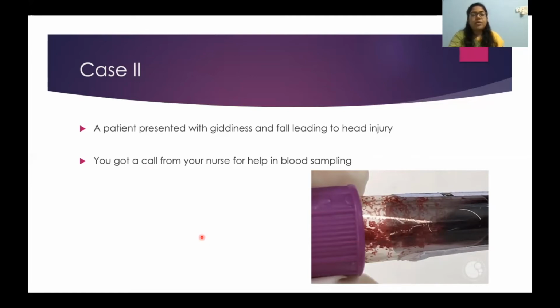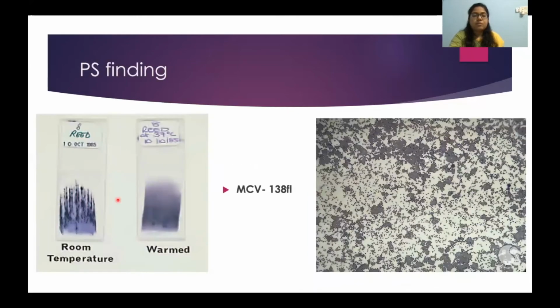Other than that, if you do a routine collection, whenever we do a peripheral smear in these patients, we can see the cells clumping grossly when a slide is prepared. This is how our normal cells should look, and this is how they will look at room temperature. Now, the same sample, if you warm it up at 37 degrees centigrade and then make a smear, again it will become normalized.